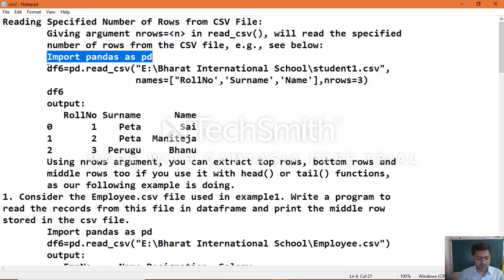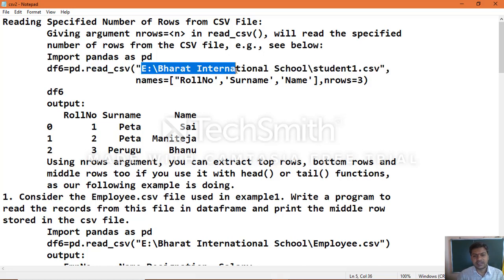And we need to create a data frame object equal to the module name, that is the alias name we use here, pd.read_csv, and the file path where your CSV file resides, followed by one more argument, names, which means we are going to specify our own column label headers, and followed by that another one, nrows equal to 3. So this is the statement which we created.